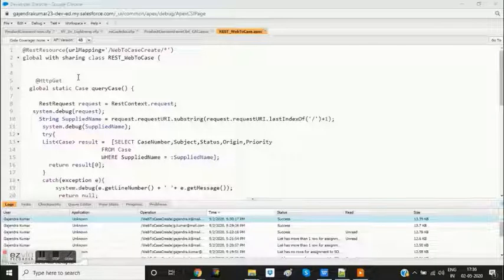In this case I've written it as /web2caseCreate/*.